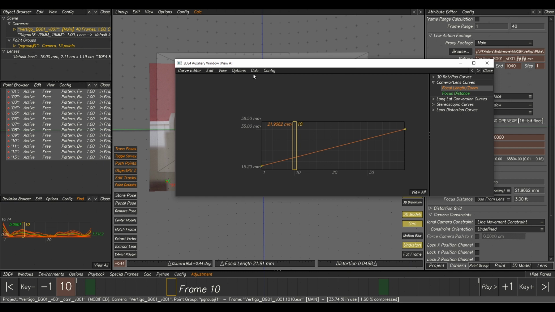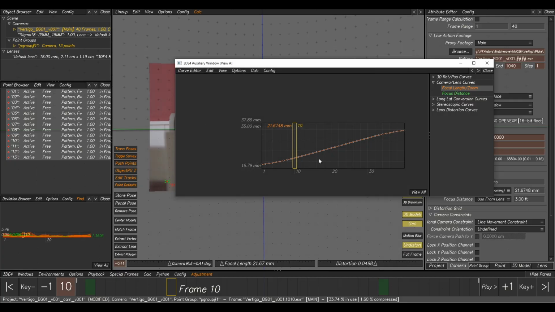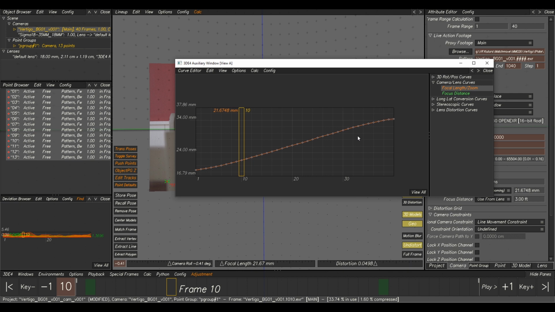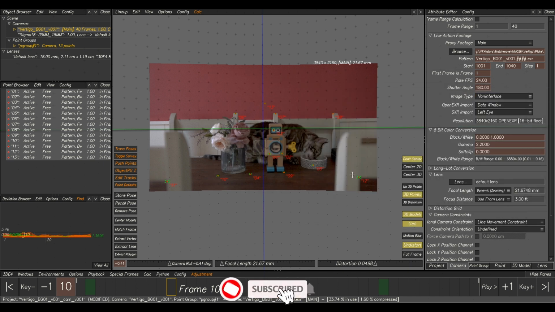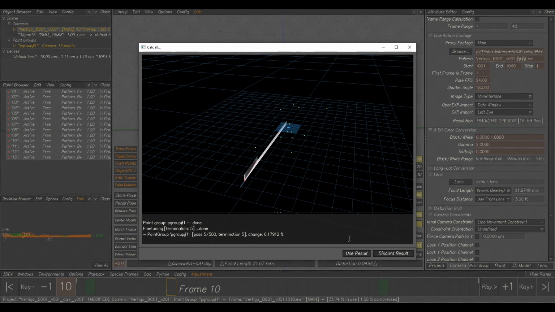So our next step now would be to go to Calc, Zoom Curve, and Calc Frame by Frame. And this is going to figure it out a little bit better. And you can see it's now given us a nice curve, and it's given us an animation curve on our focal length, driven by the camera position and the fact that we've locked it off on a constraint as well. Because if we didn't lock that off on the constraint, that will be added into the animation curve, so we just don't want that. So now if we press Alt-C,